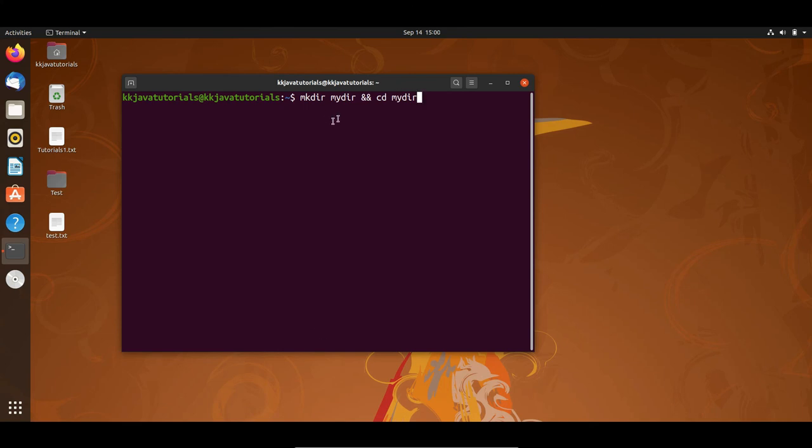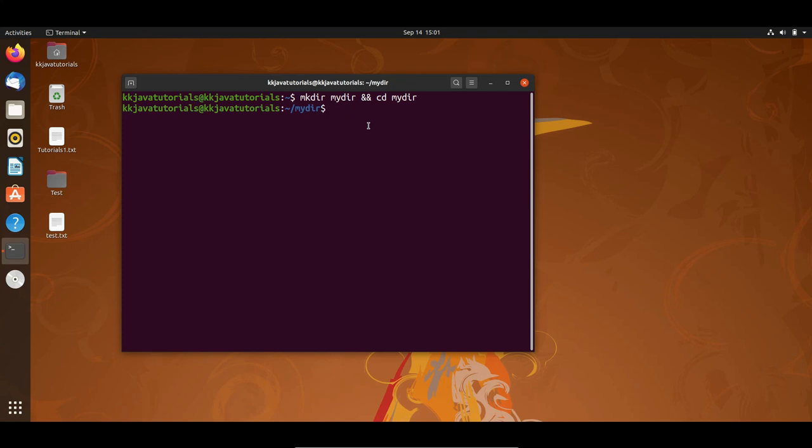What do you mean by this? If this is getting passed, then only the next command is going to execute, right? So if this directory is getting created, then I will simply move into that directory. Let me show you. So here you can see, first of all this directory has been created, and I moved into mydir, right?